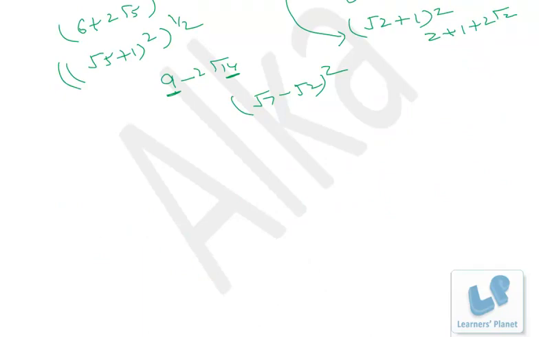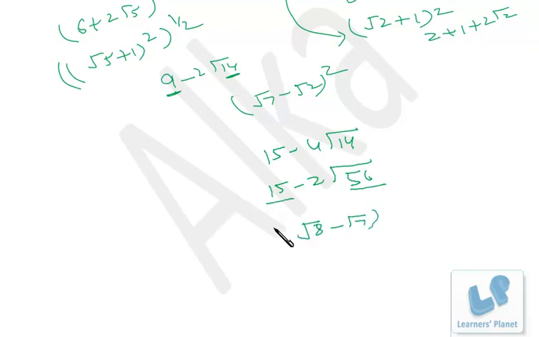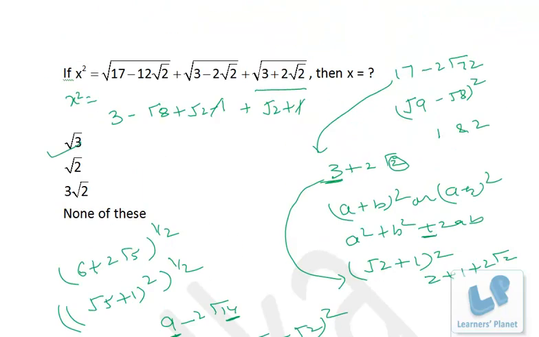Similarly, suppose I have 15 minus 4 root 14, right? Now I want 2 over here. So what I'll do, 15 minus 2 times 2 root 14. If this 2 goes into the square root, it will be 4, right? So it is precisely 14 into 4, that's 56. Now think of the two numbers, product is 56 and sum is 15, that is 7 and 8. So this is root 8 minus root 7 whole square, right? If you open it up, it will be 8 plus 7 minus 2 root 8 into 7. Okay, quite simple. I hope you are getting me.